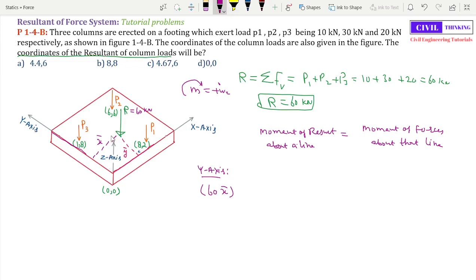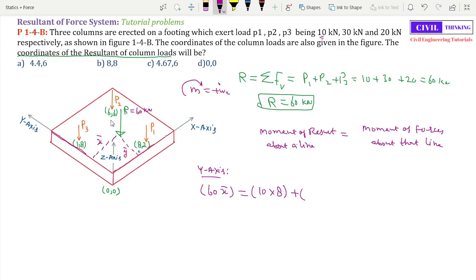60 multiplied by x bar. Now it is equal to, according to Varignon's theorem, the moment of p3 about the y-axis plus the moment of p2 about the y-axis plus the moment of p1 about the y-axis, right? That's Varignon's theorem. So let's first find the moment of p1. P1 is 10 kilonewton. I'm assuming all of them are exerting clockwise moments, so all of them are positive. How far is p1 from the y-axis? Normally it is at a distance of 8, because the x coordinate is 8. So 10 multiplied by 8